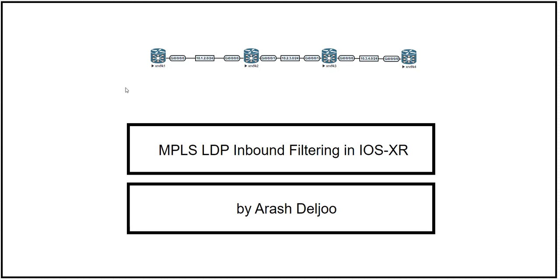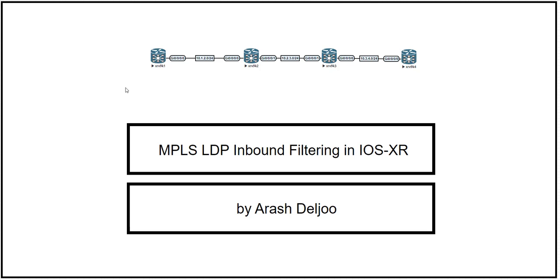You know that LDP accepts labels as remote bindings for all prefixes from all peers. This is the default behavior. LDP operates in liberal label retention mode, which instructs LDP to keep remote bindings from all peers for a given prefix, for example. For security reasons or to conserve memory, you can override this behavior by configuring label binding acceptance